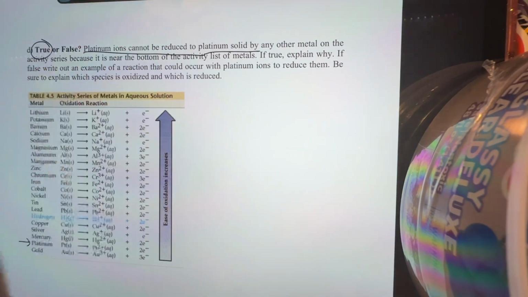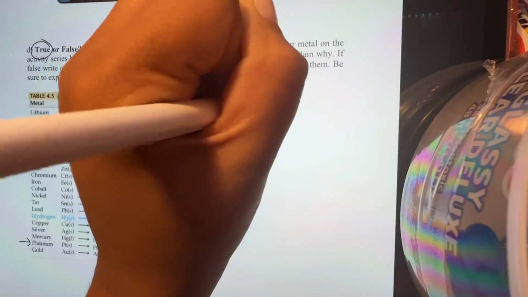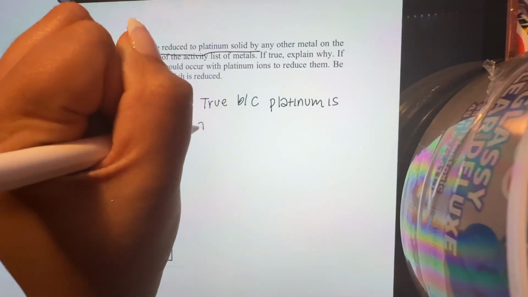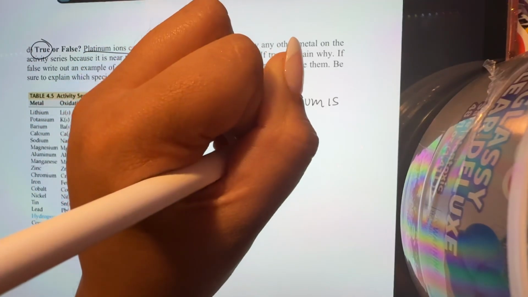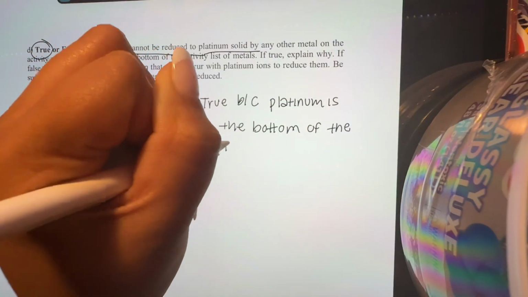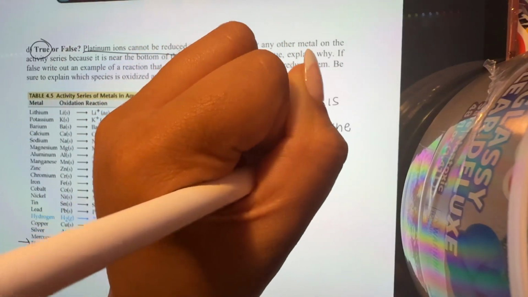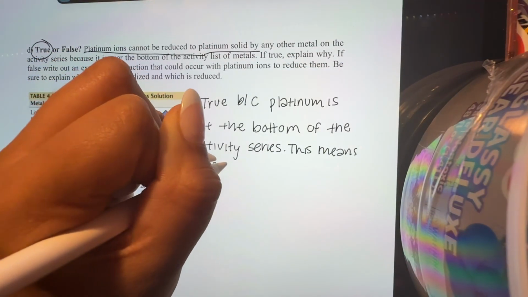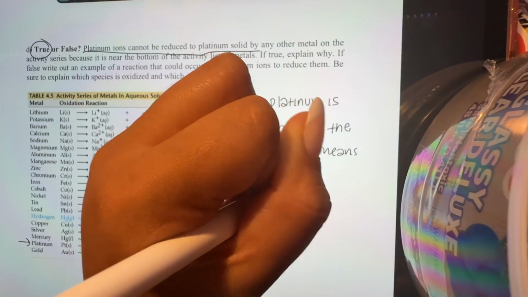So I'm going to say true because platinum is at the bottom of the activity series. This means it's unreactive. It can't